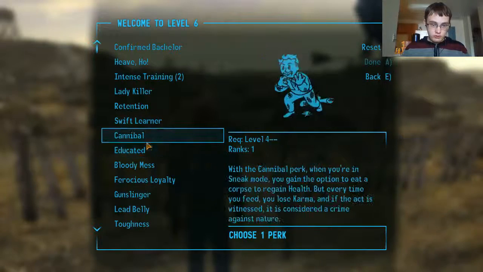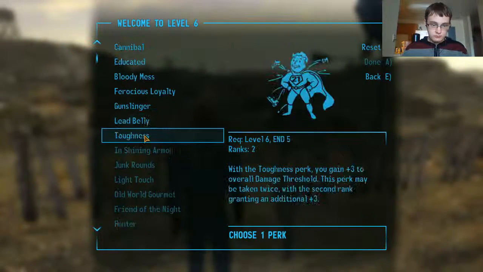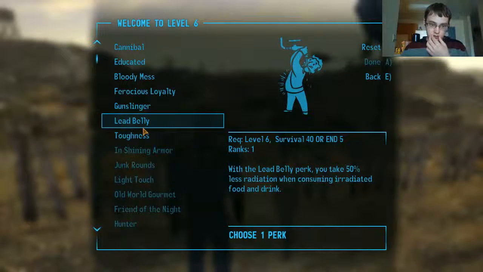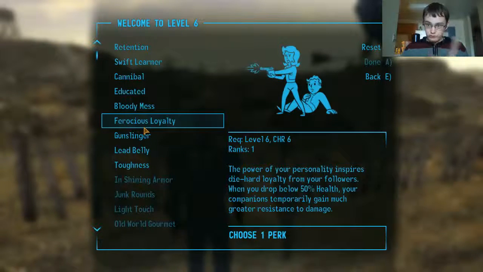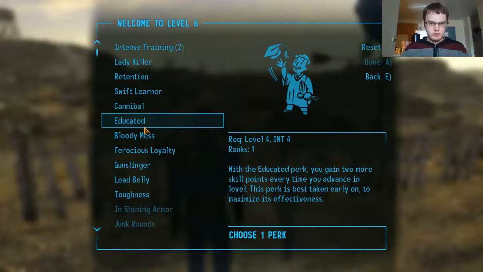We're level 6, okay. Okay, there's a few perks you can get. You can get toughness, because it'll increase your hardiness and everything. Ferocious loyalty is also a very good perk when you start getting companions. Bloody mess might also be one that you can choose, but that's more of a minor perk. We need to focus on...